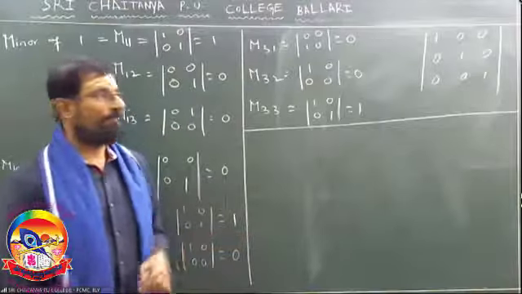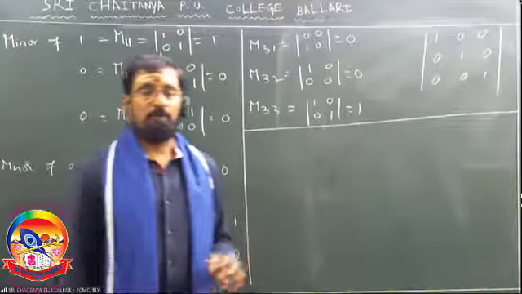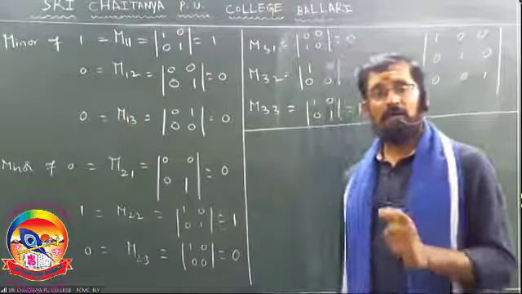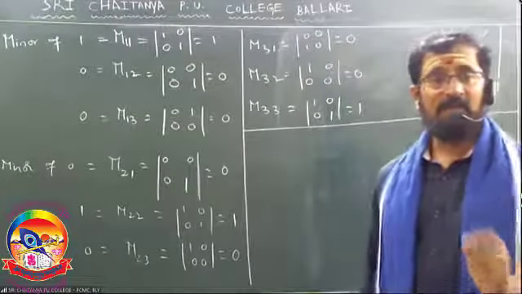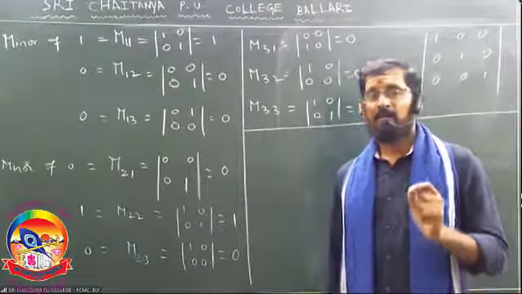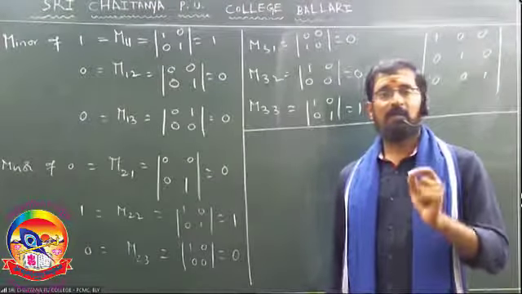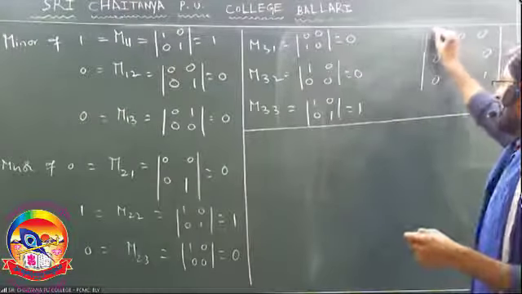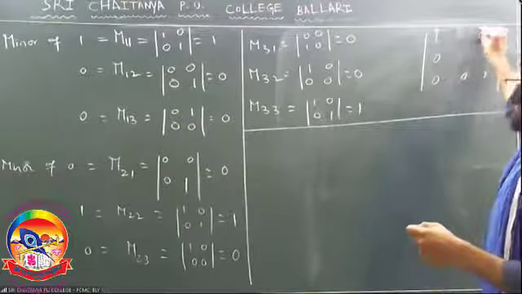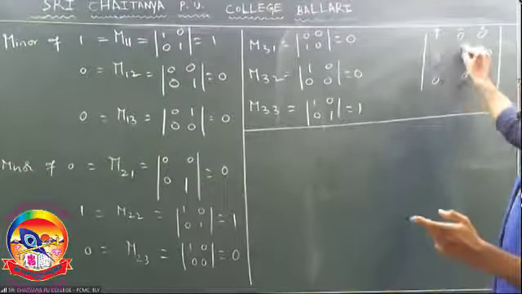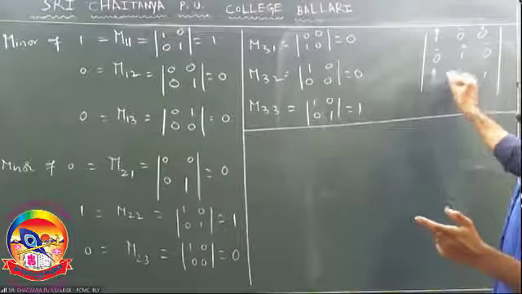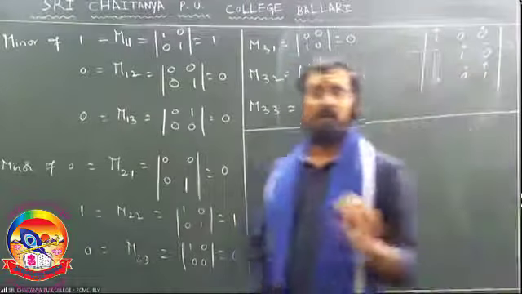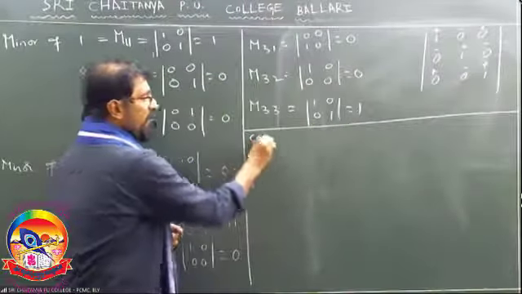Okay. Now observe. Before finding the cofactor of each and every element in the given determinant, first of all, you should follow the sign of each and every element concerned. Observe, you just write down positive, negative, positive. After that, negative, positive, and negative. After that, positive, negative, and positive. Right? Now see the side heading, cofactor.